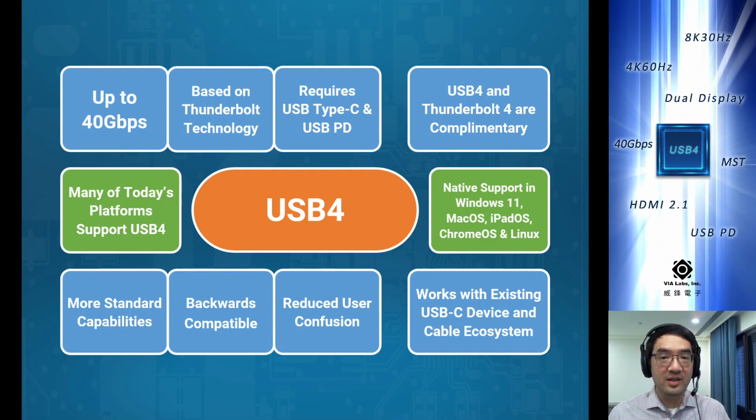USB 4 fundamentally changes the way USB works, starting with the fact that USB 4 and Thunderbolt 4 actually share the same underlying protocol. Like Thunderbolt, USB 4 functionality requires the use of the USB Type-C connector, and USB power delivery is necessary for the discovery and enumeration process, in addition to power. So all Thunderbolt 4 host systems are actually also USB 4 host systems, although the other way around isn't necessarily true. There are differences in terms of requirements where support for certain features, such as PCIe and Thunderbolt 3 backwards compatibility, are mandatory in Thunderbolt 4, but optional in USB 4.